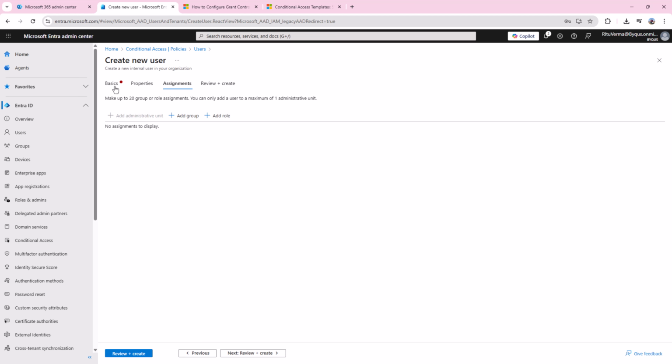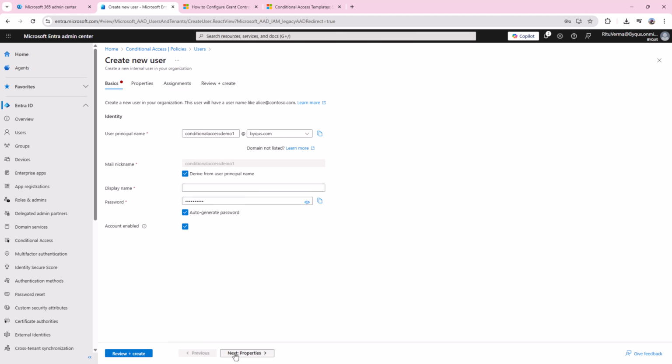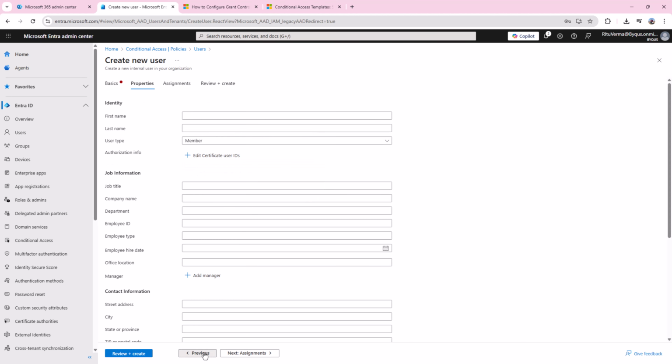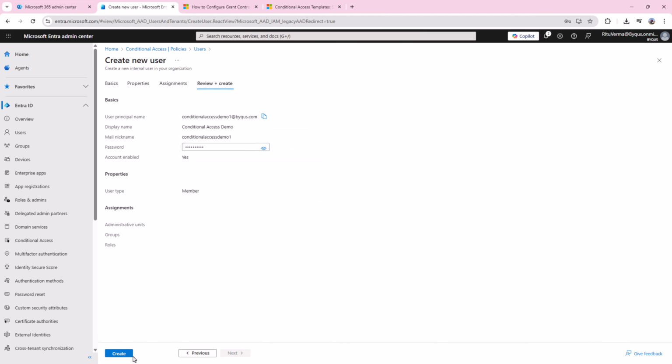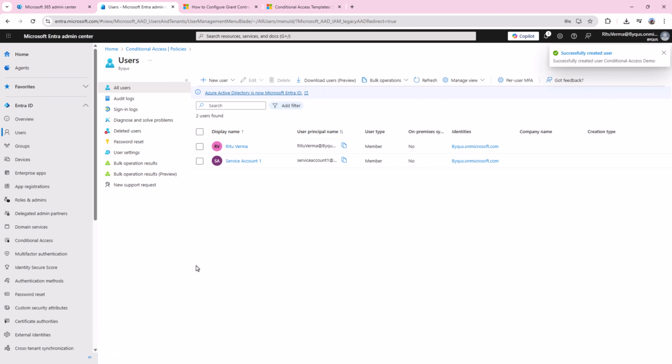Create a new user, basic, next. No, basic is missing something. Okay, display name I missed. Conditional access demo. Again, copy the password and click on create. It is all okay. We will create a user.